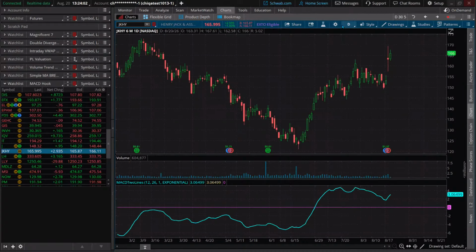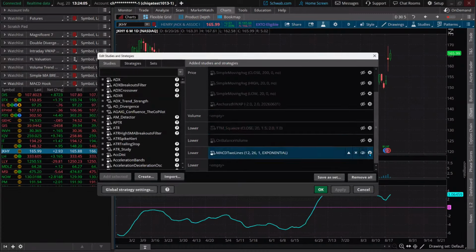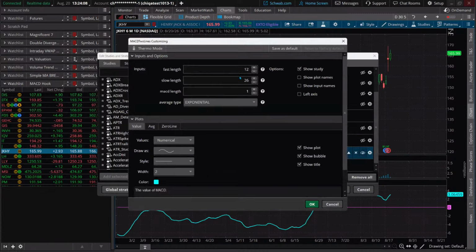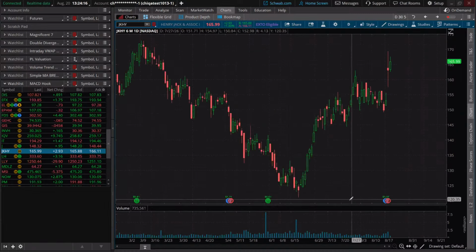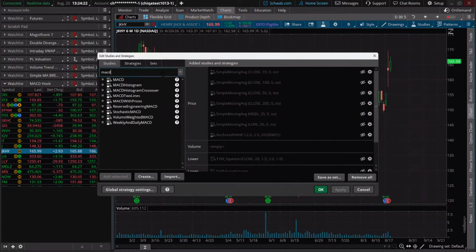Okay, now, having said all that, I'm going to go ahead and just mute my two-line MACD. It's not the MACD hook, right? It's just the MACD two line. We are using the scan to help us identify the hook. But if I was to add that MACD hook, you just go over here. It's the two line MACD. A lot of bells and whistles over here. Not all these make sense to me, by the way. If you just stop and really think about it, the histogram's got some interesting elements, but I'm really just looking at what the MACD does, what it's actually known for, those two sensitivity lines. And that's where you'll find it. Anyhow, we talked about that at the beginning. Let's get rolling off into the other one.